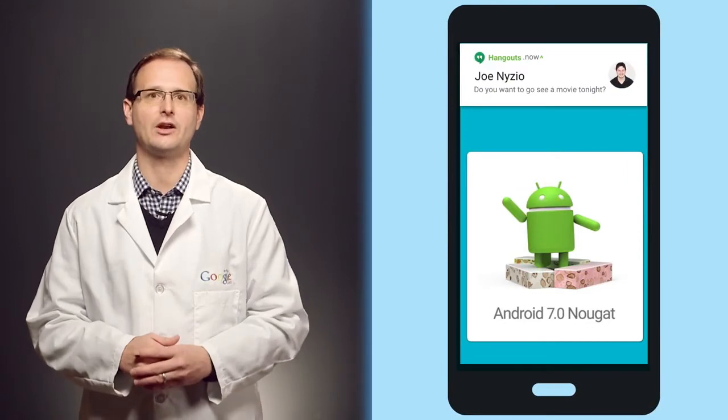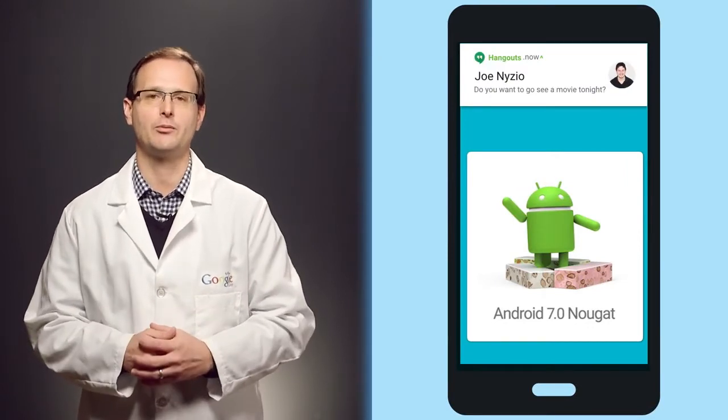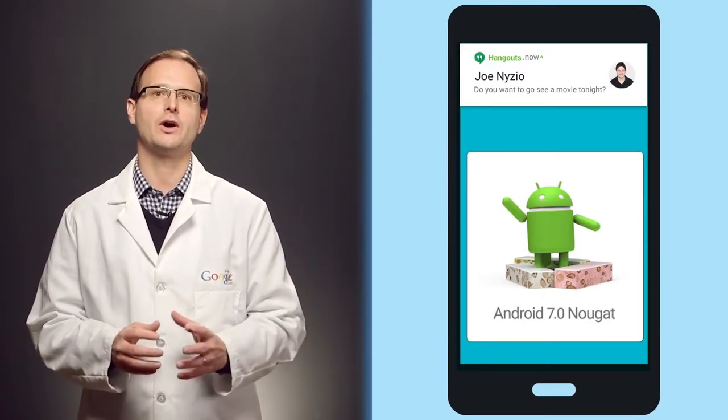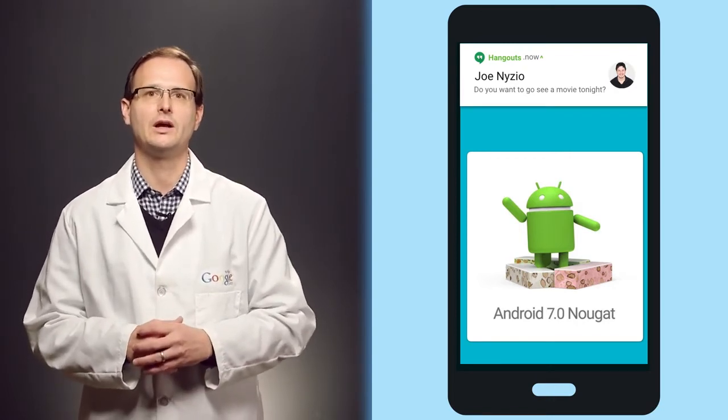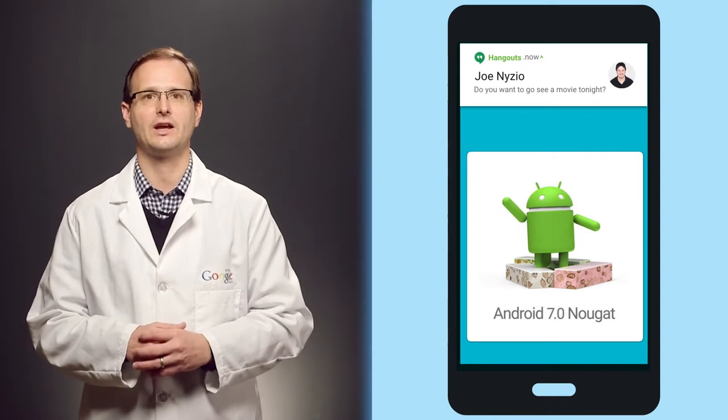Nougat changes the layout of notifications to always show the app posting them. The new API allows for inline replies to notifications, similar to Android Wear, as well as specifying custom layouts for heads-up and big notifications. The best part is that the Android support library wraps almost all of these platform differences